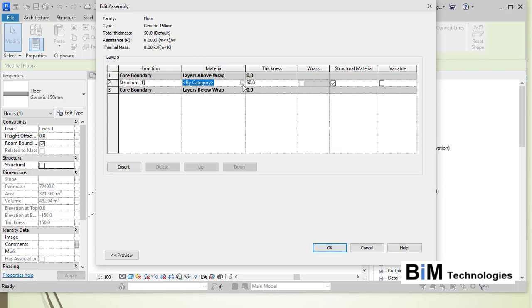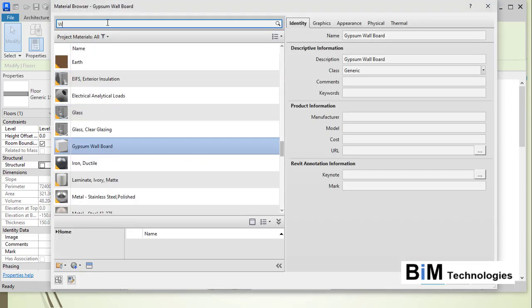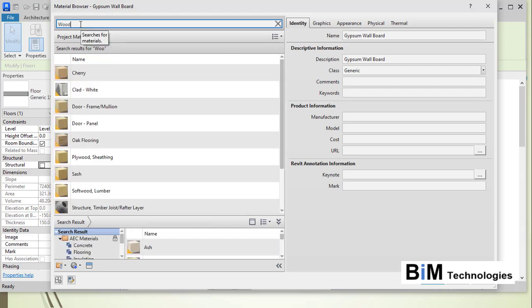If I wanted to have the material as wood, I can select the wood material and change it, and the moment you click on the wood you see that